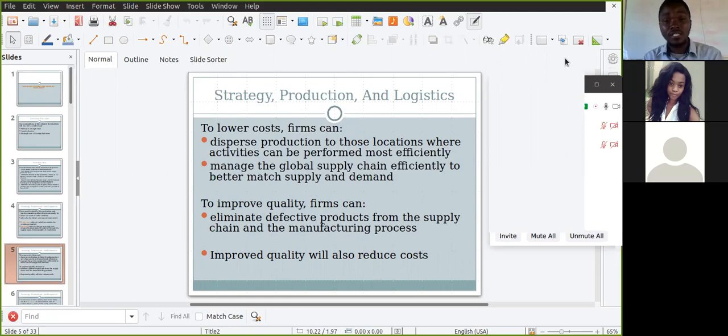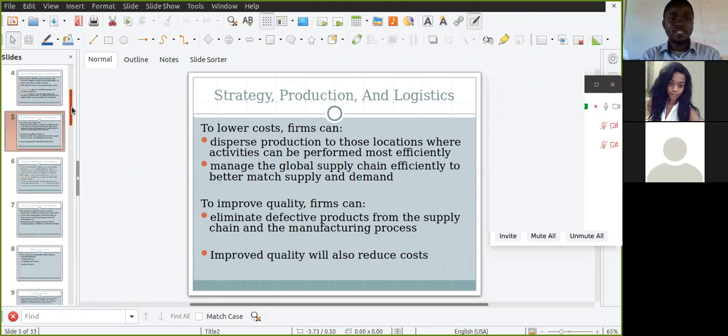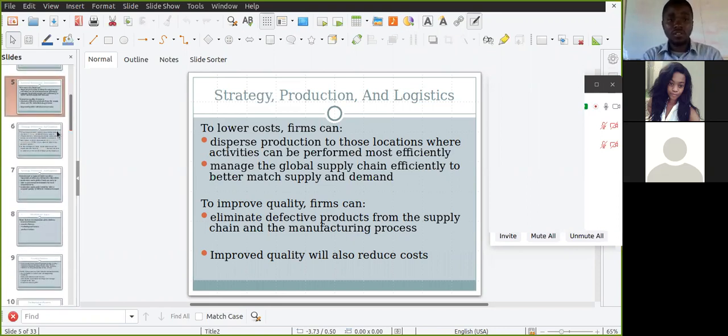That product does not have to reach a consumer in a defective or damaged state. If it reaches a consumer in a damaged state, those are situations where consumer confidence in your product will be lost. Hence, quality control in the supply chain should be managed. And that is going to ensure that the products you produce at the end of the day have high quality, no damages, and will satisfy the needs of a consumer. And if this is met, you will see that you're going to reduce costs. This is because